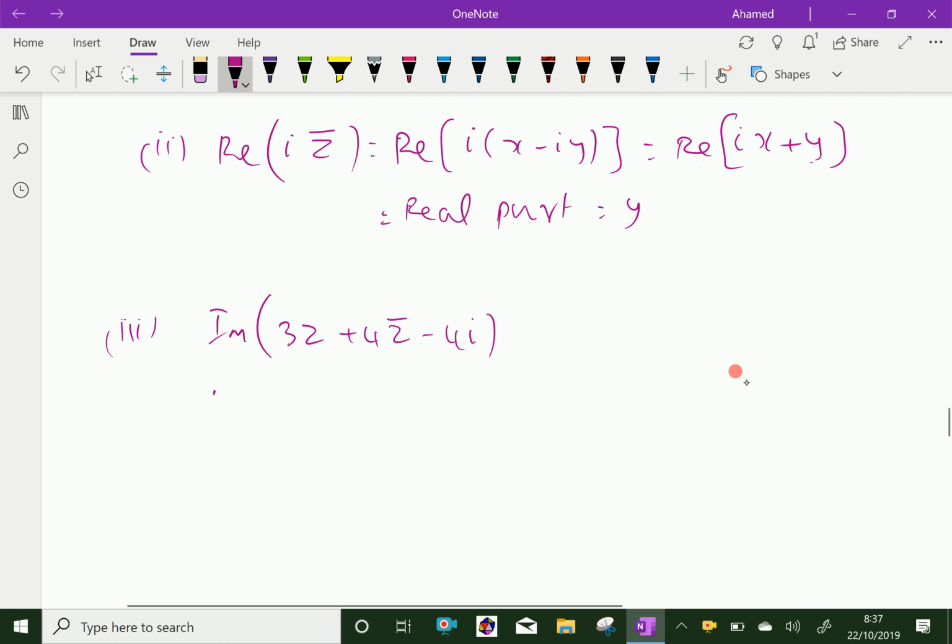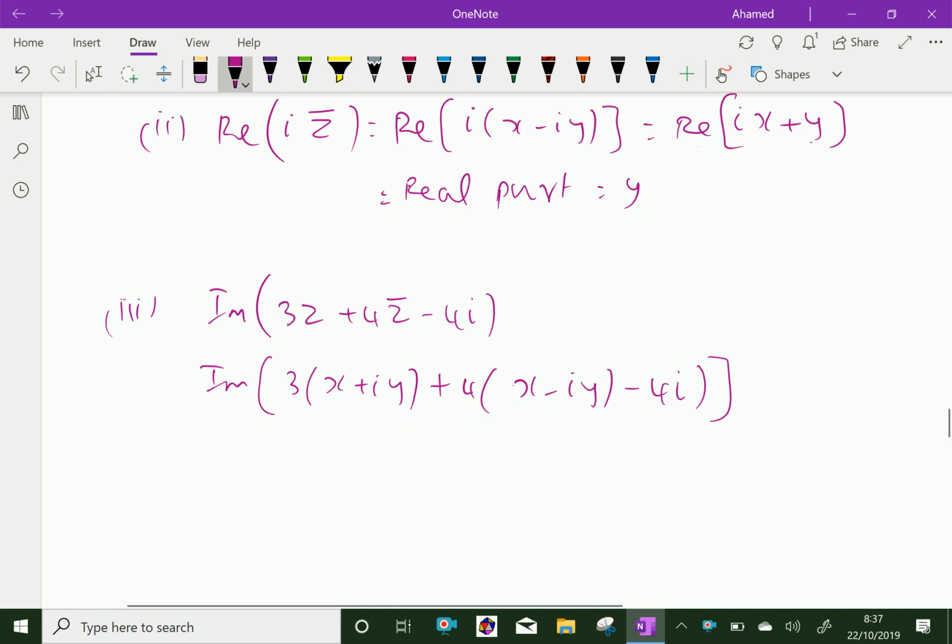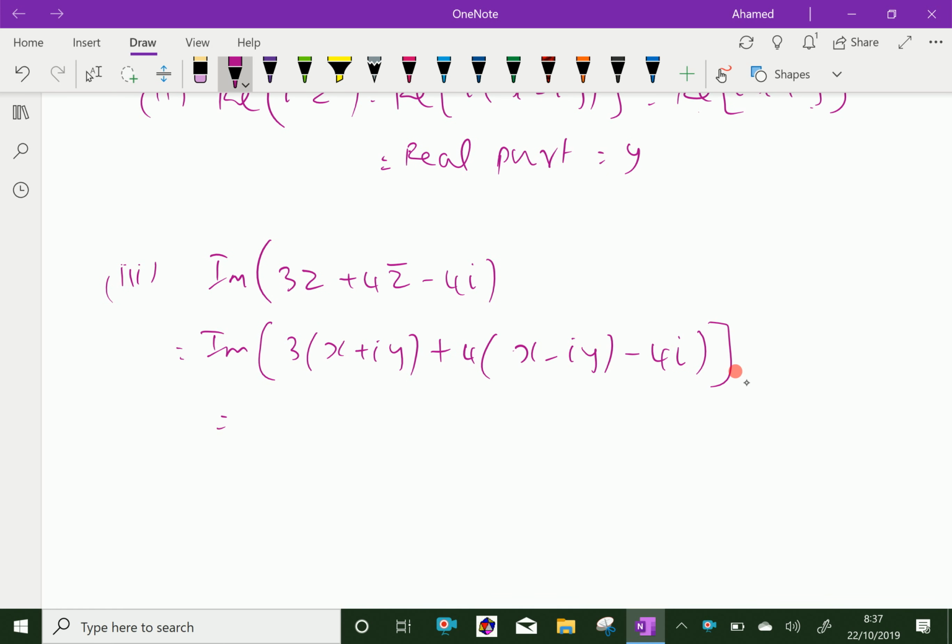Now write imaginary part of 3 into z is x plus iy, 4 into z bar is x minus iy, minus 4i, which is equal to imaginary part of 3x plus 3iy plus 4x minus